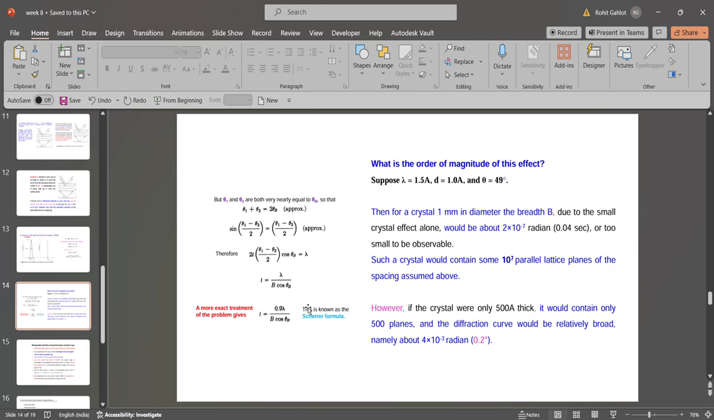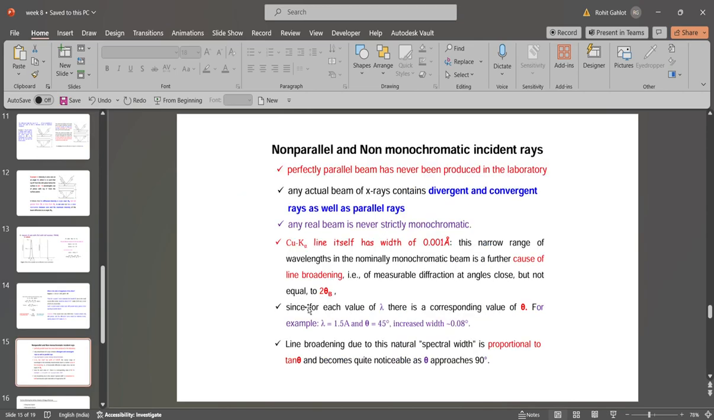However, if the crystal were only 500 angstrom thick, it would contain only 500 planes, and then the diffraction curve would be relatively broad, namely about 4 times 10 to the power minus 3 radians, which is around 0.2 degree. So for non-parallel and non-monochromatic incident rays, these are the perfectly parallel